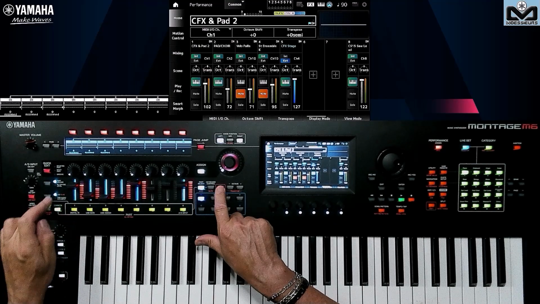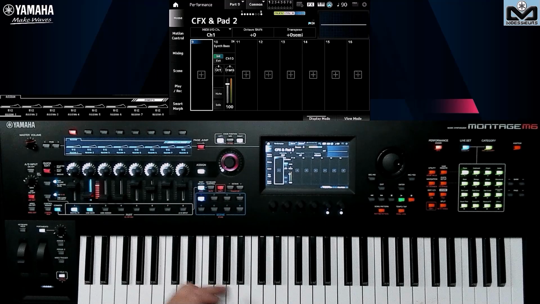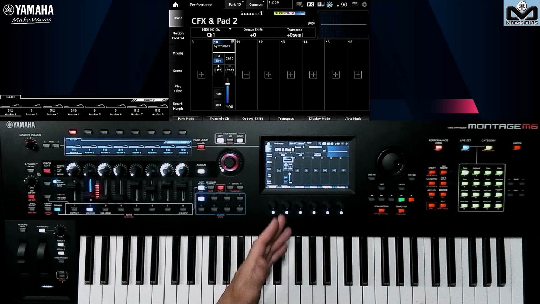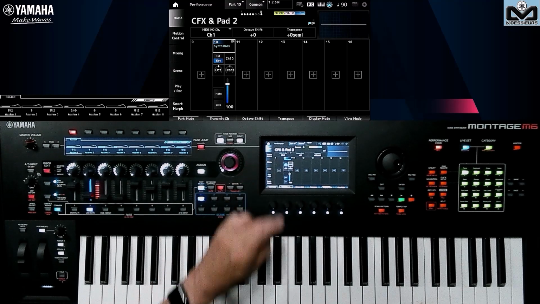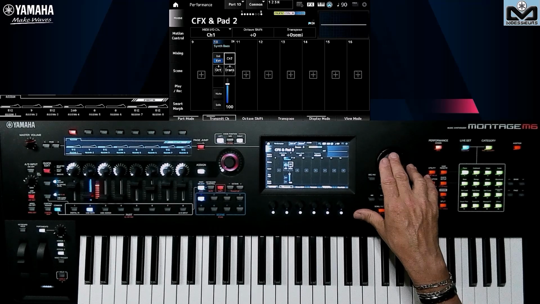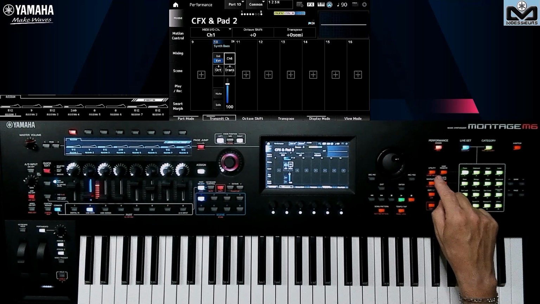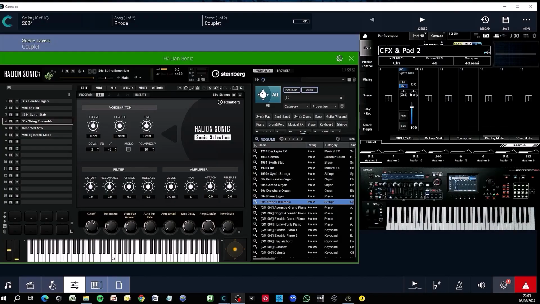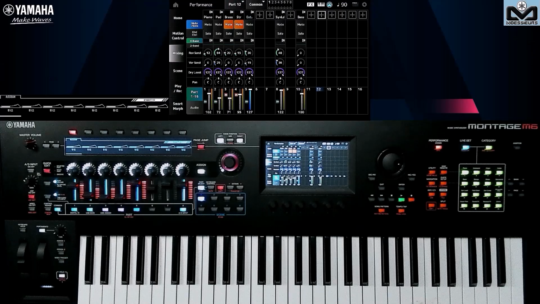Here I'm going to do Shift plus part. Now I have nothing on 9, so I'm going to take the 10, here we go, and there 10, double click, touch, I can switch it to external, and I can control a VST or an AU. As an example, I'm going to come on my MIDI channel 6, I'm going to switch back to utility in USB. You can see that even on these parts, from 9 to 16, I can also play a virtual instrument, but only as a solo from my Montage M keyboard.